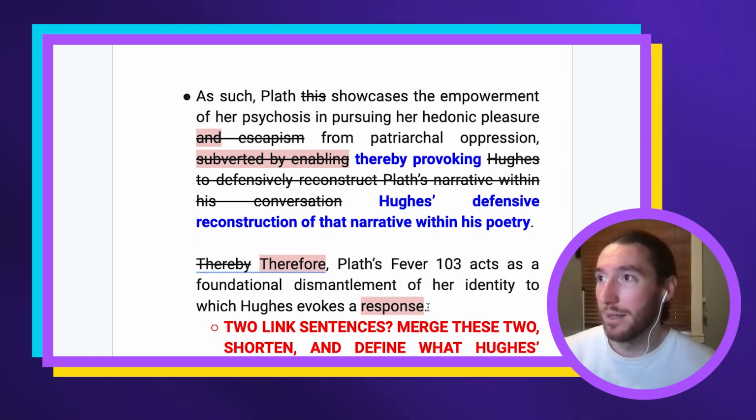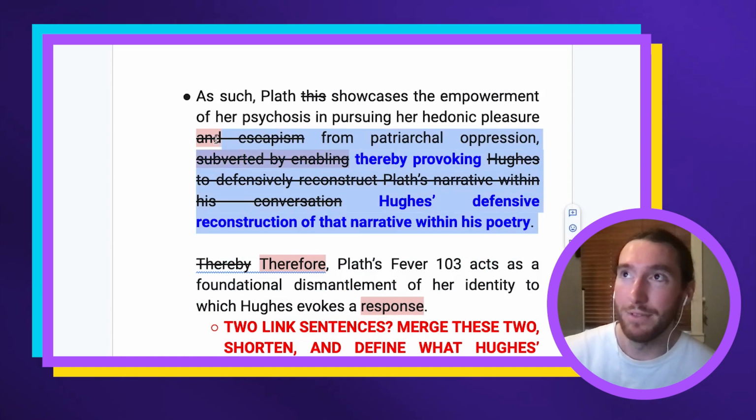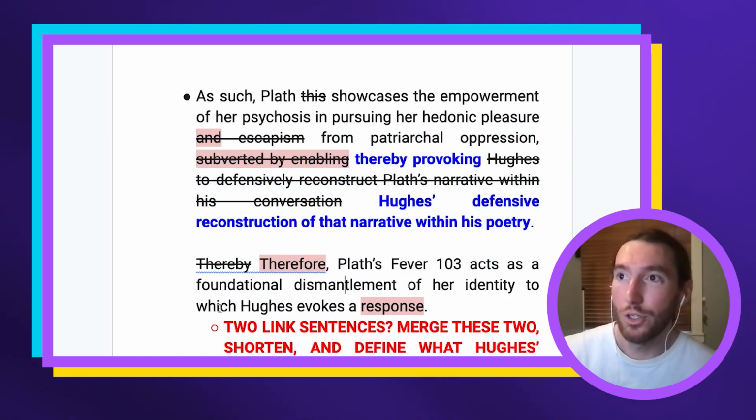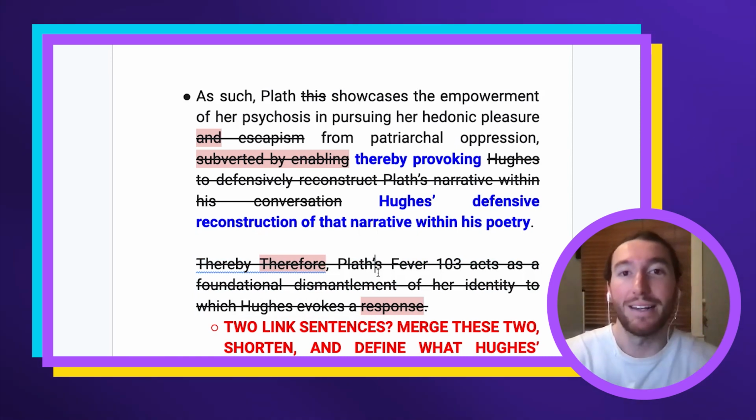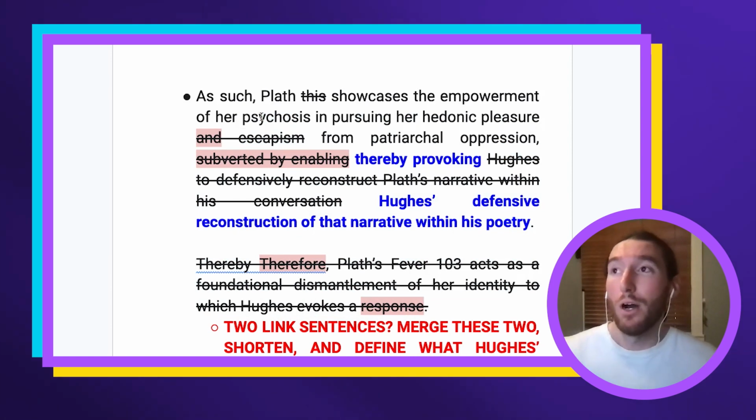Save up this for later. This is more vague. You're detracting from the quality of this one because you say, to which Hughes evokes a response. You haven't even told me what type of response there. Here, I know it's a defensive response. I know he's defensive about it. And then you're going to tell me what that reconstruction looks like in the next paragraph. So let's cut that one out. You do not want to have 2 sentences in a row that sound like link sentences because neither of them actually have a quote in there. So hopefully that makes sense. I hope that helps you guys improve your writing no matter what you're looking at.